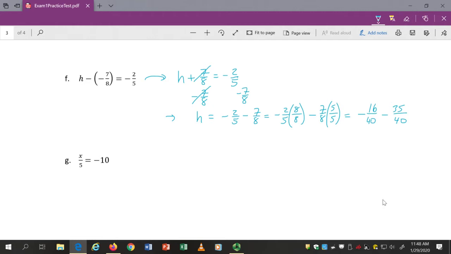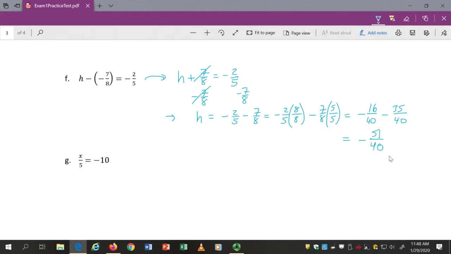Now we can combine them, but we have to remember our rules for working with negatives. The first number is where you're starting. So you're starting at negative 16, and then you're taking away 35. Where are you going? You're going more negative, right? So really, what do we end up doing here? We end up adding those numbers in the negative direction, because we're starting negative and going more negative. And so this should come out to be negative